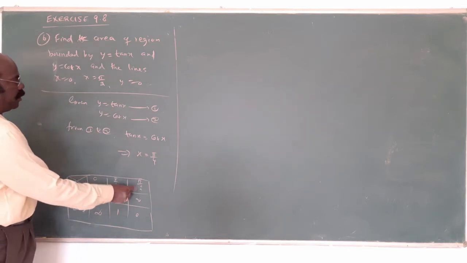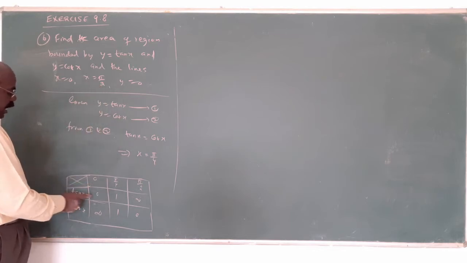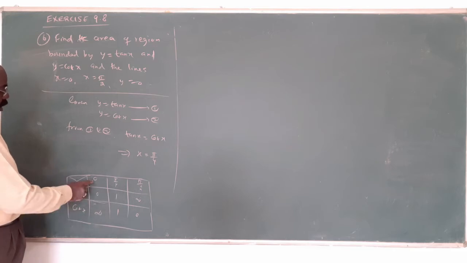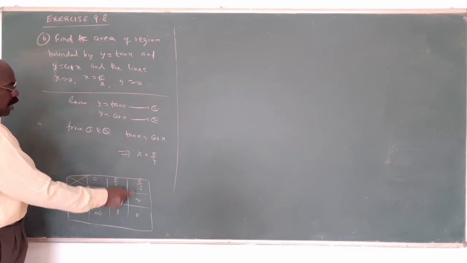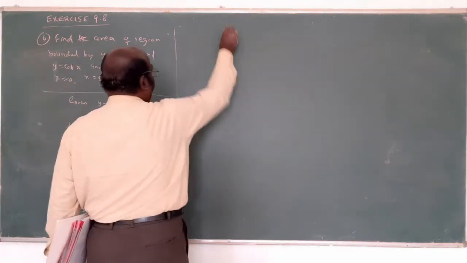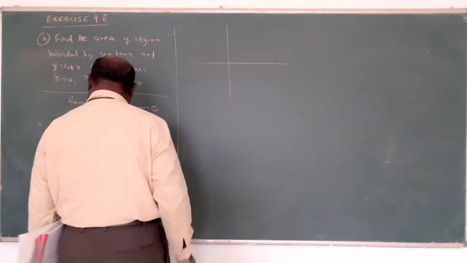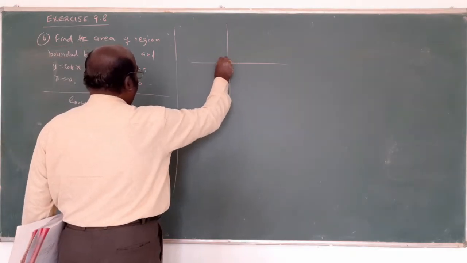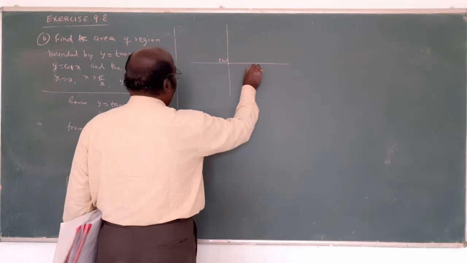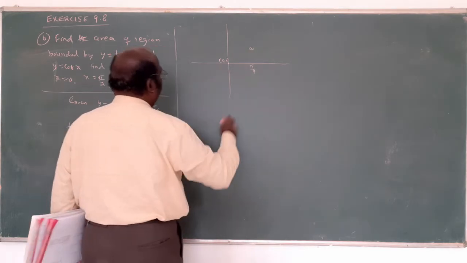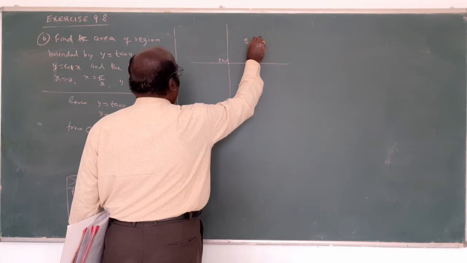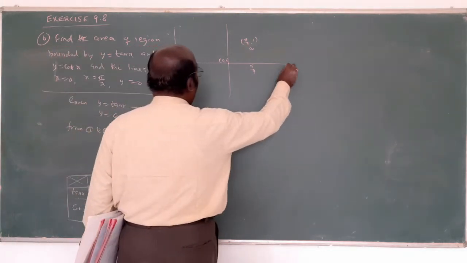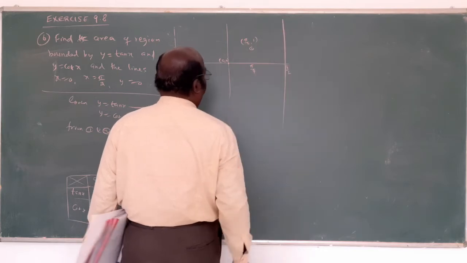Now 0, pi by 4, pi by 2. When x is 0, tan 0 is 0, tan 45 is 1, tan 90 is infinity. The reverse for cot: cot 0 is infinity, cot pi by 4 is 1, cot pi by 2 is 0. Now cross diagonal. First one, the tan curve is 0. Next one, pi by 4 here, 1. Last is pi by 2 comma infinity going on.